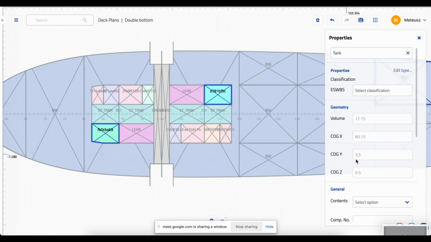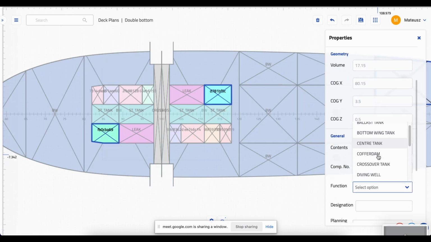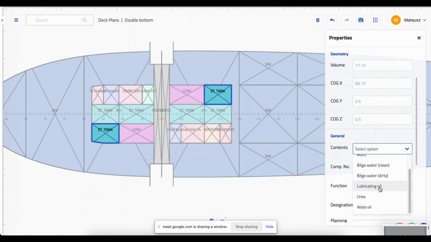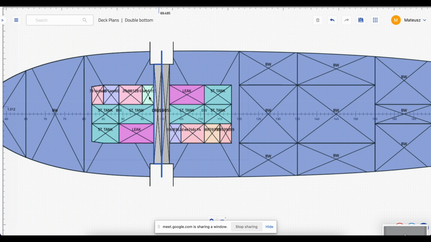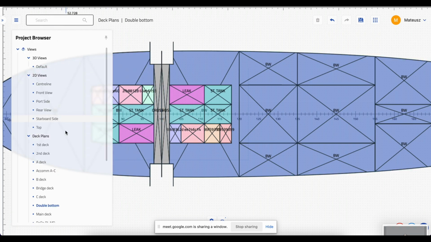Here, symmetrically, let's have, for example, storage tanks, but for sludge, which we haven't defined yet. So for now, let's use, I don't know, urea. And now we can go to our